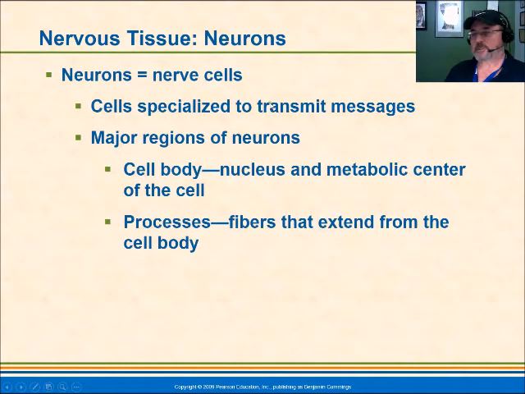Now, the nervous tissue itself, the key cells that we're looking at are neurons. And these are the nerve cells, and we have billions of them, specialized to send messages. And they have two major regions. They have a cell body, which has the nucleus and metabolic center, and they have processes that extend from the